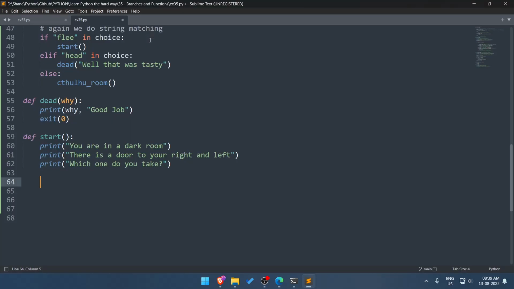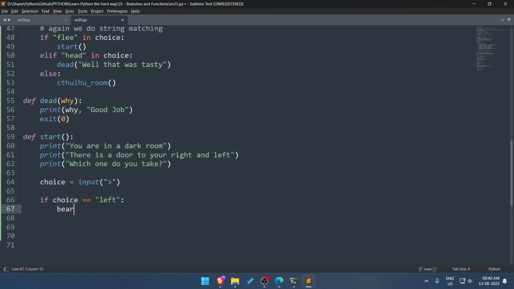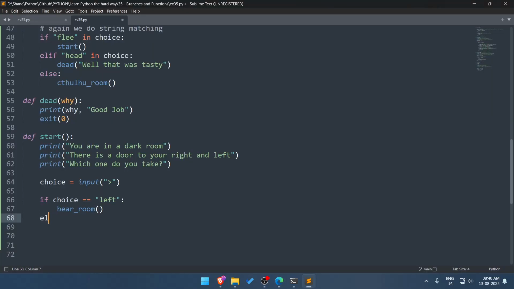And we take the choice. If choice equals left, then we go to the bear room. Then we have elif choice equals right, then we go to Cthulhu's room.